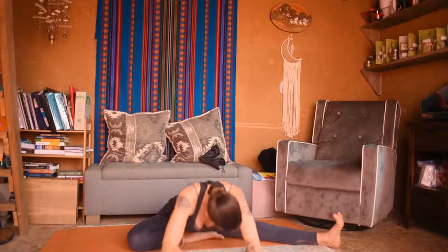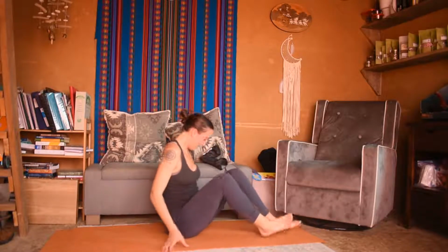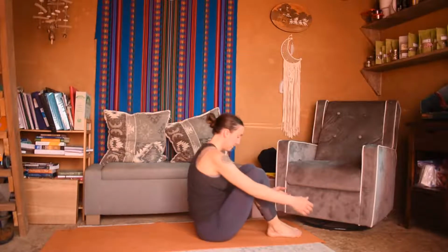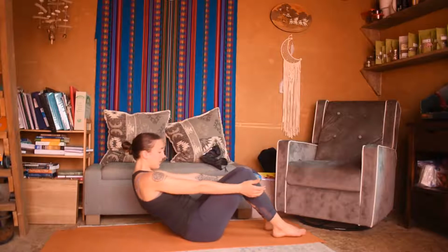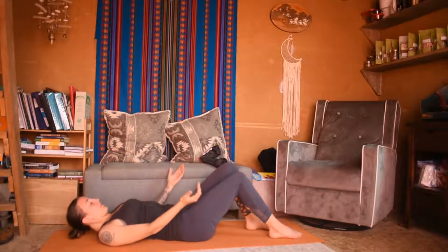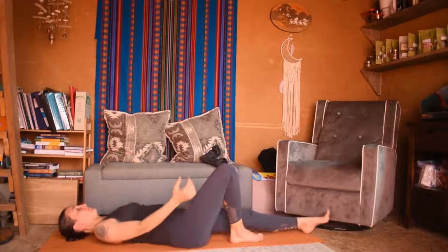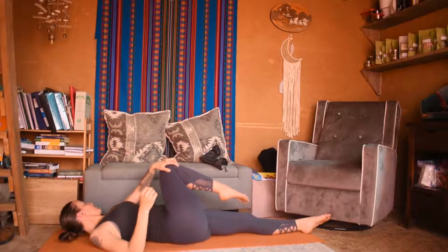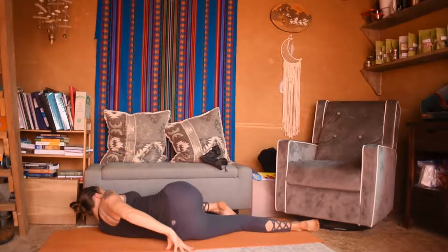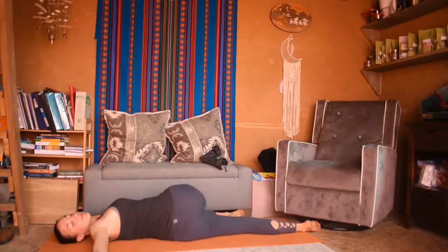Rising yourself back up by walking the hands towards you. Bend your knees and slowly lower down, vertebra by vertebra, using your core until you come onto your back. So one more stretch, and then we're going to move into our Shavasana, but the Shavasana will be a Holy Fire healing experience. So draw the right knee into the chest,